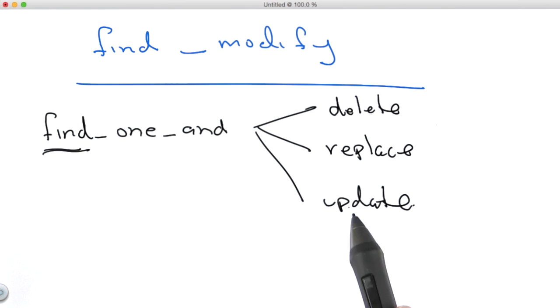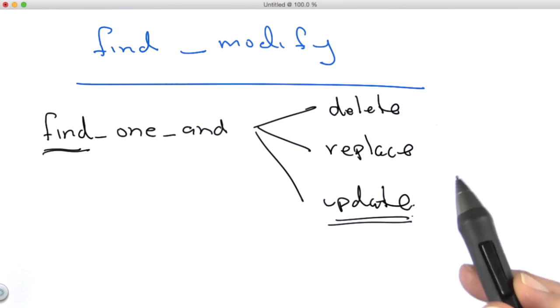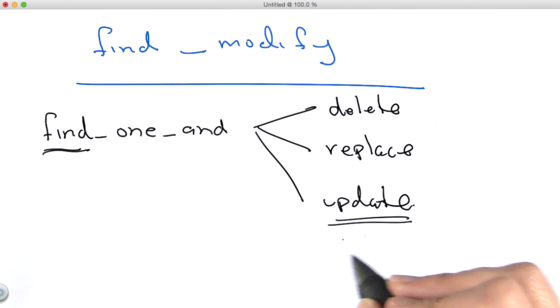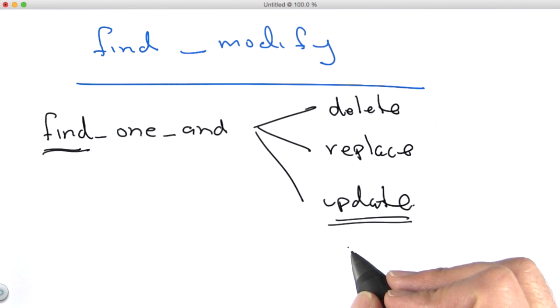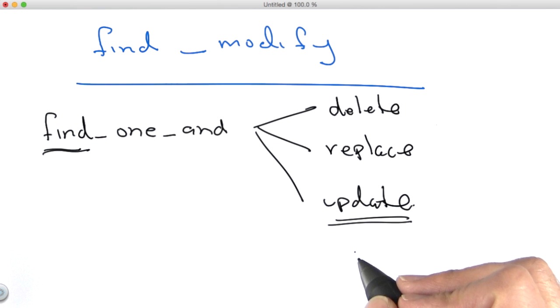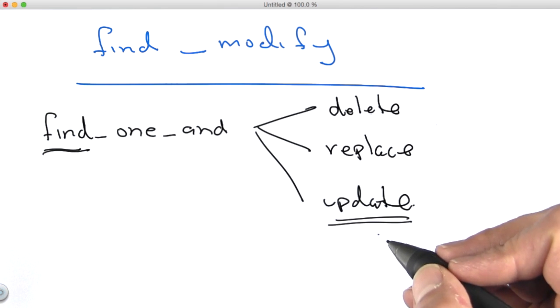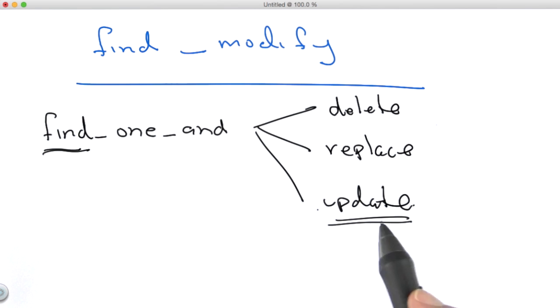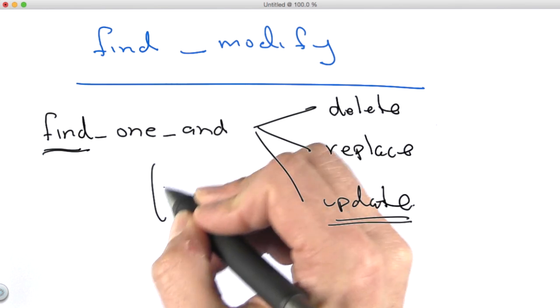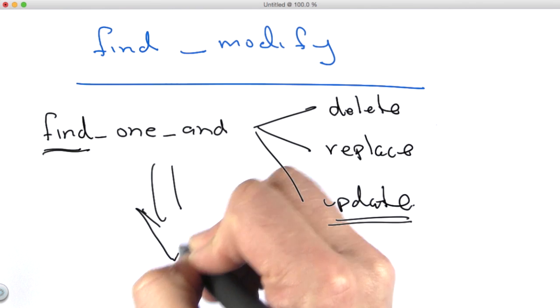And in the case of updating, you can specify whether or not you want to see the document state from before the update or after the update. And this becomes very interesting, especially if you're trying to create a unique counter. And that's the example I'm going to show you today, which is how to create a unique counter in the database that's guaranteed to go up by one every single time you call it using find_one_and_update. And before I go into that, I want to also let you know that if you look into the actual